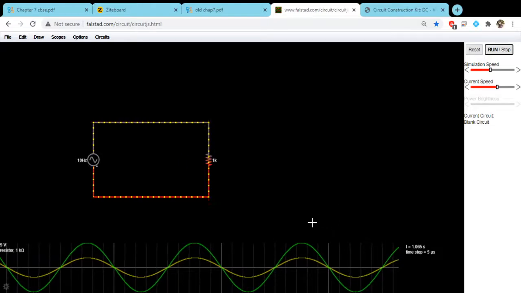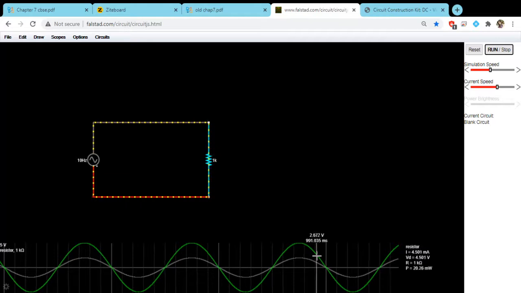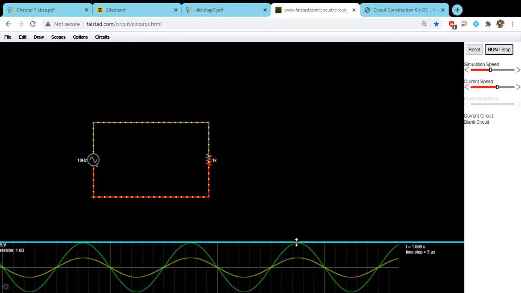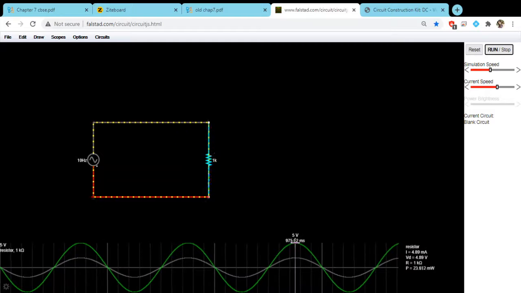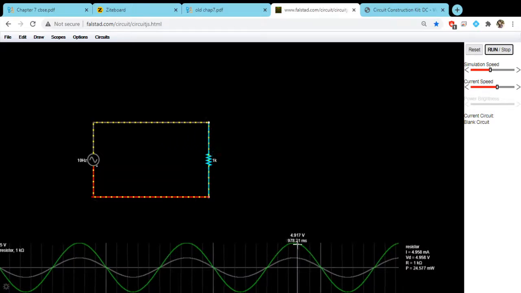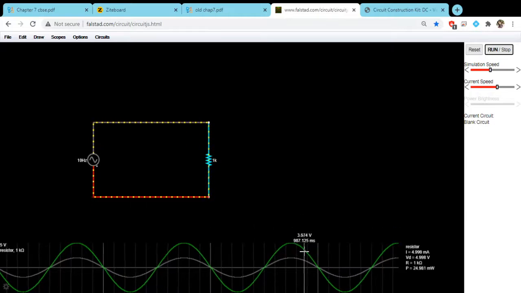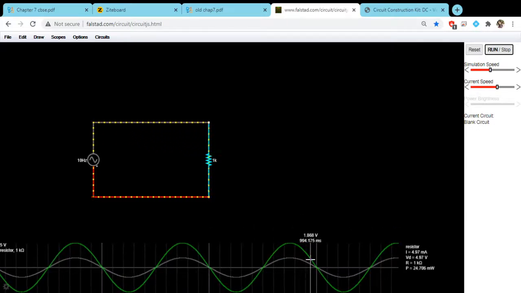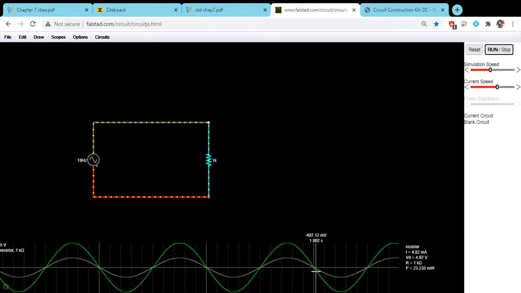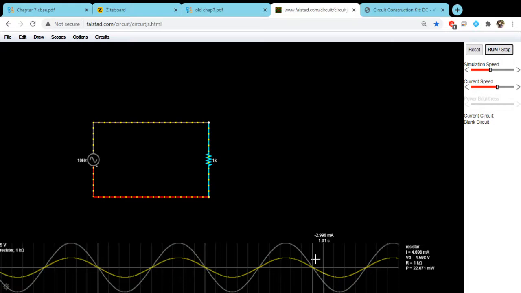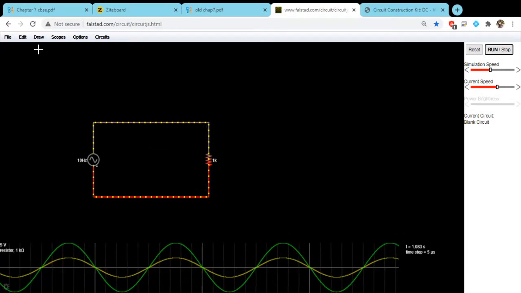Okay, and you can see the voltage changes with respect to time. You see here the maximum voltage is 4.995. As it decreases, the voltage decreases: 4.038, 3.8, 3.5, 3.2, until here it becomes 0. Then again the negative polarity. So this is how current behaves in an AC circuit.